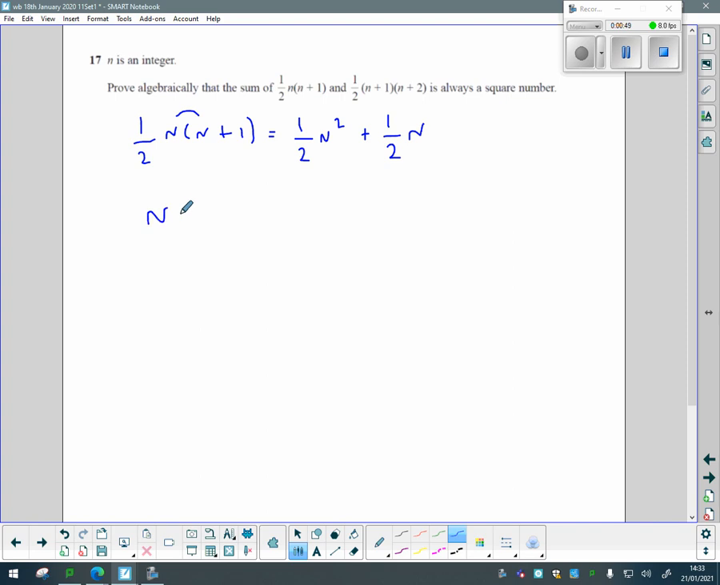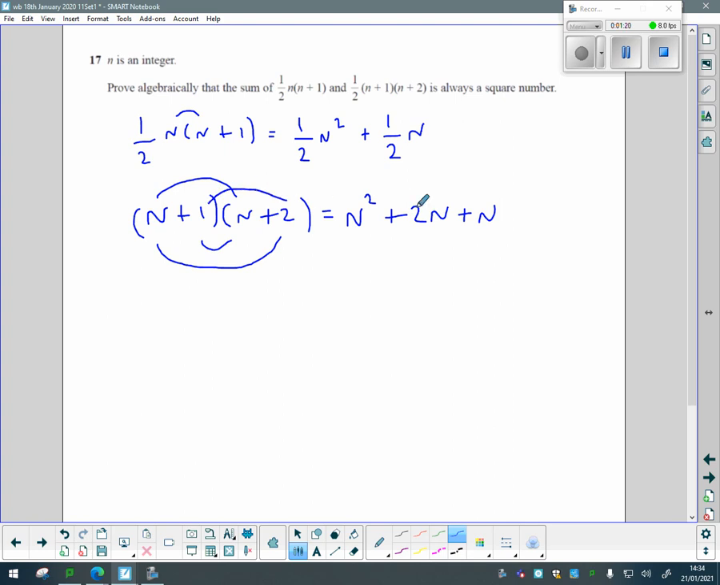So I'll deal with the n plus 1 times by n plus 2 first. We could use a grid, but I think at this level we'll use a smiley face. So we'll go n times n, which is n squared. And then we'll do the outer, which is 2n. And then we'll do the inner, which is plus n. And we'll do the last, which is plus 2. So tidying that up, we've got n squared plus 3n